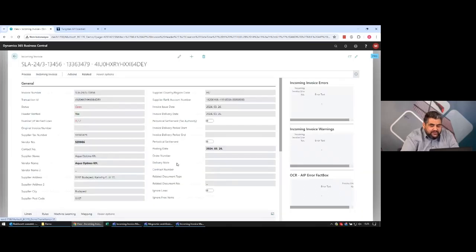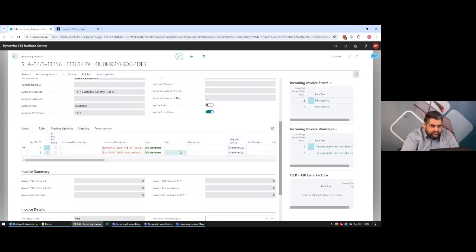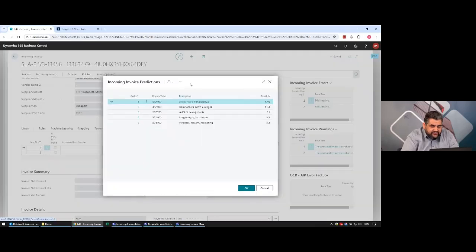So I just open an invoice, and here on the right side you can see this box, the incoming invoice errors. You can see why we have errors. We have errors for line number 1 and line number 2, and the error is missing number. Missing number means that the system doesn't know to which GL account number to post. If I click on this button, you can see that the prediction result, or the probability of the prediction, is too low. It is only